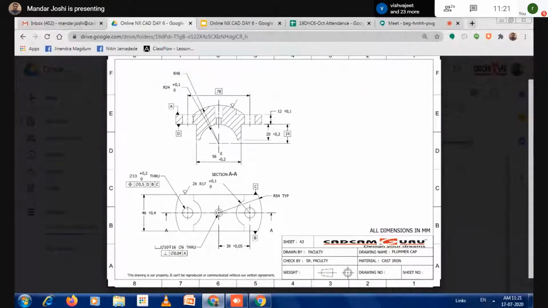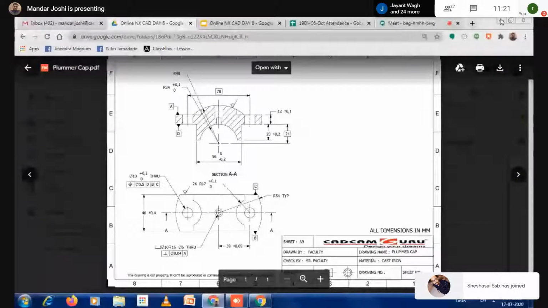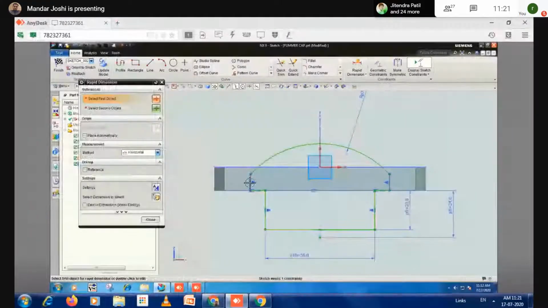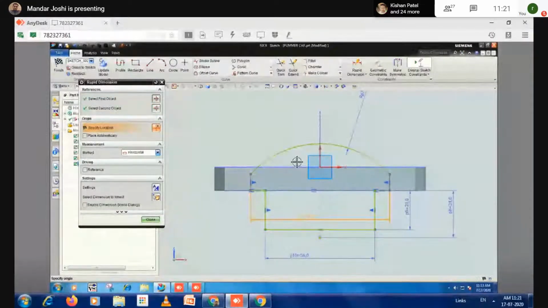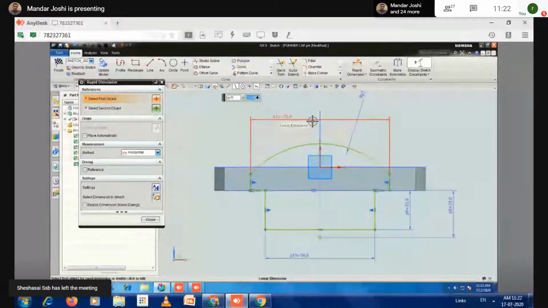Now next, this distance we should know. Is it given there? It is not there. So we will assume it. Okay. It is less than 78 and more than 56. Let us assume some suitable dimension for it. Use rapid dimension, this line to this line. Let's say that size is 64.